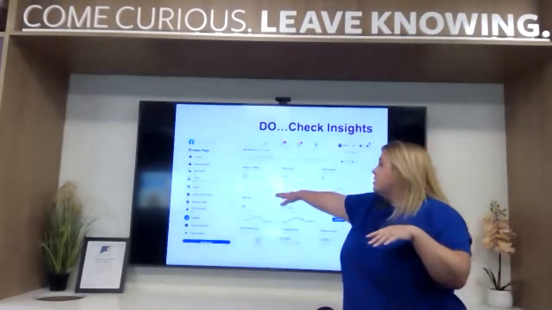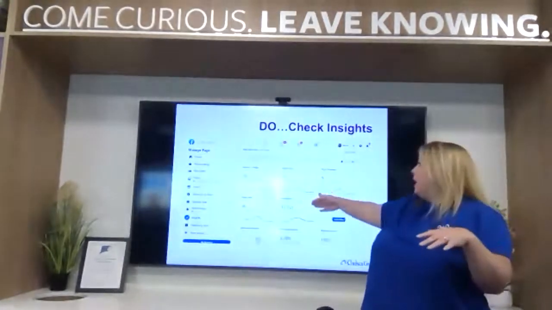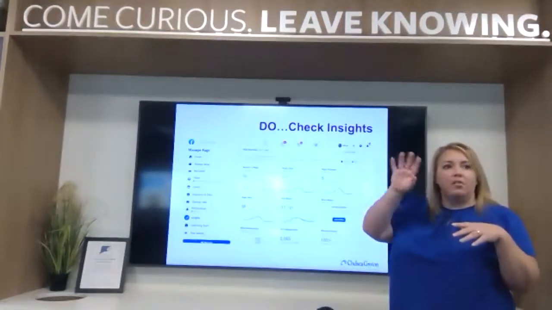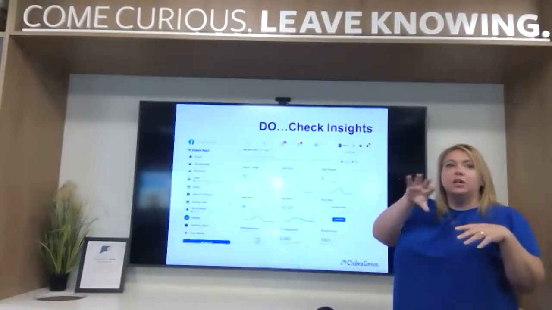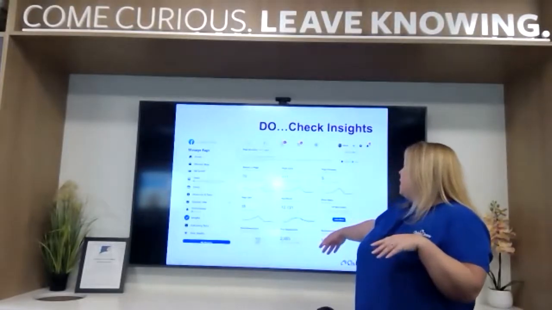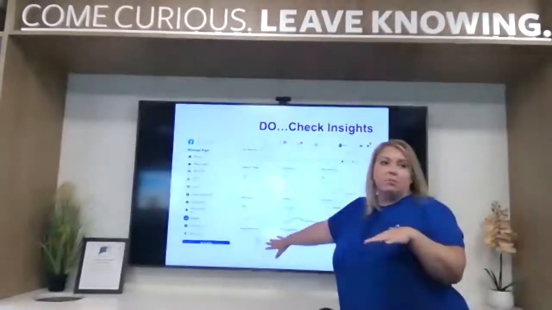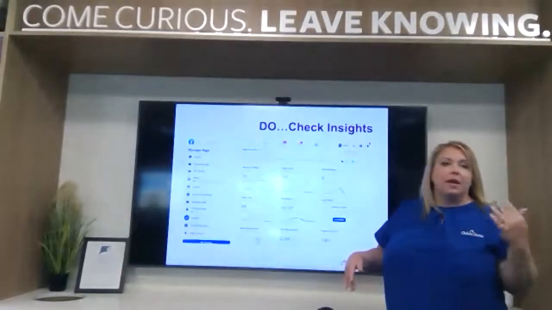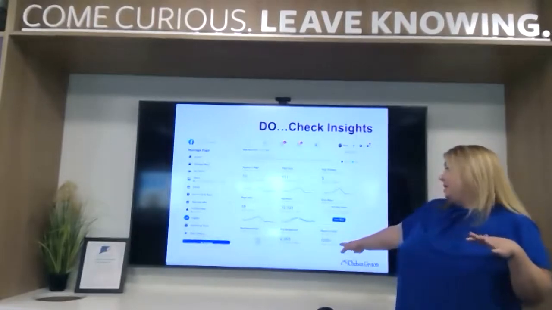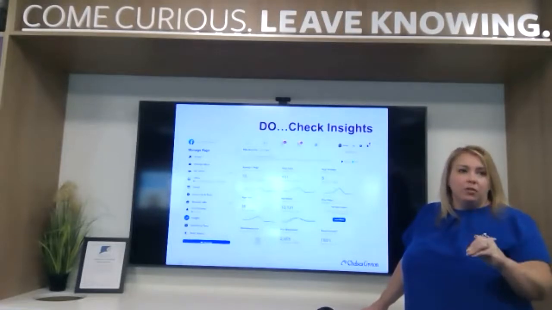You can see how many actions on your page. Page views, how many people are viewing your page. Page previews is like if you searched for something and they scrolled past your page and they got a little preview of it. Page likes, post reach, story reach. There were no stories in this given time. Any recommendations that people have. So if people have recommended your business, like giving you stars, that'll be there. Post engagement and responsiveness. So Facebook does a responsiveness. How quickly are you responding to those messages?